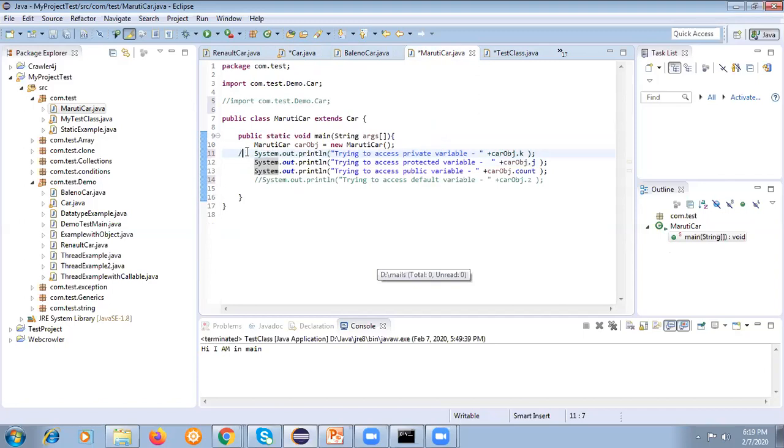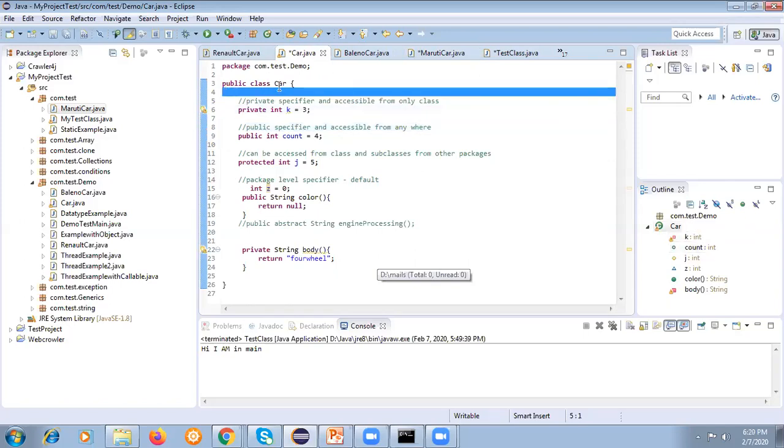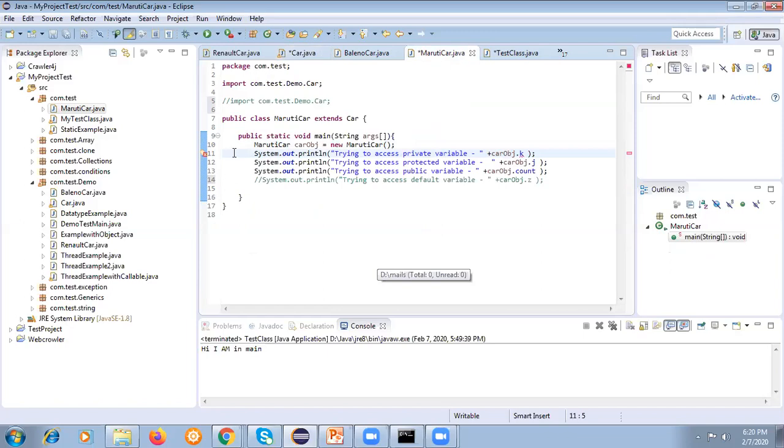If I comment it here, you will see there is an error: this k cannot be visible. Why? Because this k is private, it belongs to this particular class only. Class car, it cannot be accessible and visible outside the class car. That's the way you will see the compilation error.